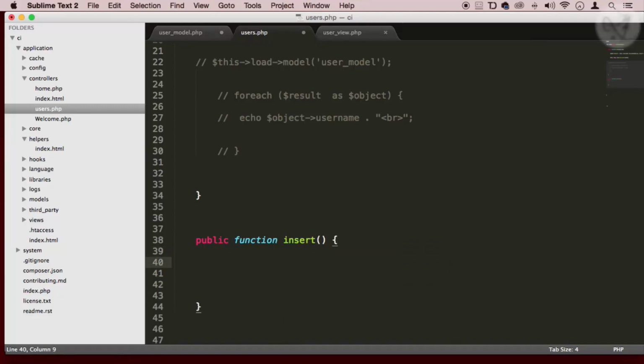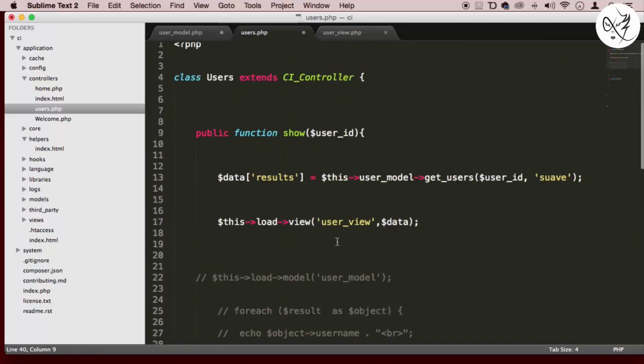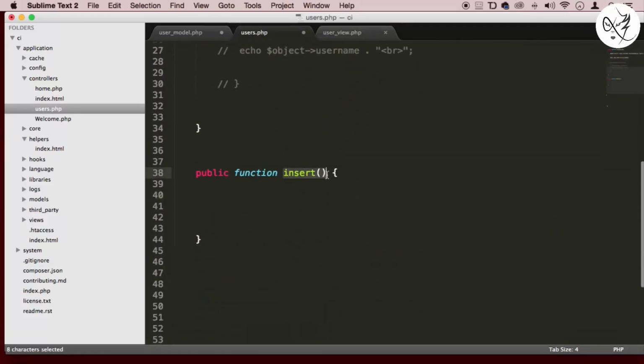And here what I want to insert is some information. So when we visit this controller, it's going to be inserting some information. Right now we're going to be using static strings, but later on we're going to be using information from a form to log in and do other things with it. So right now what I want to do is actually,